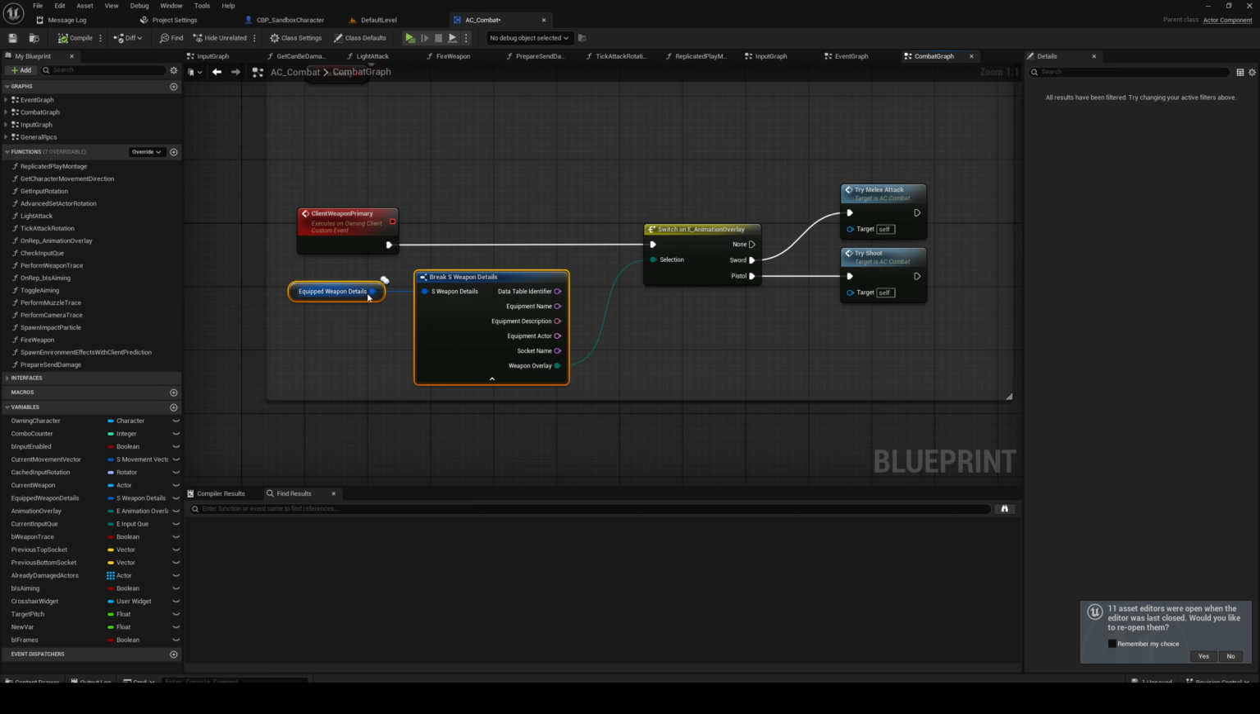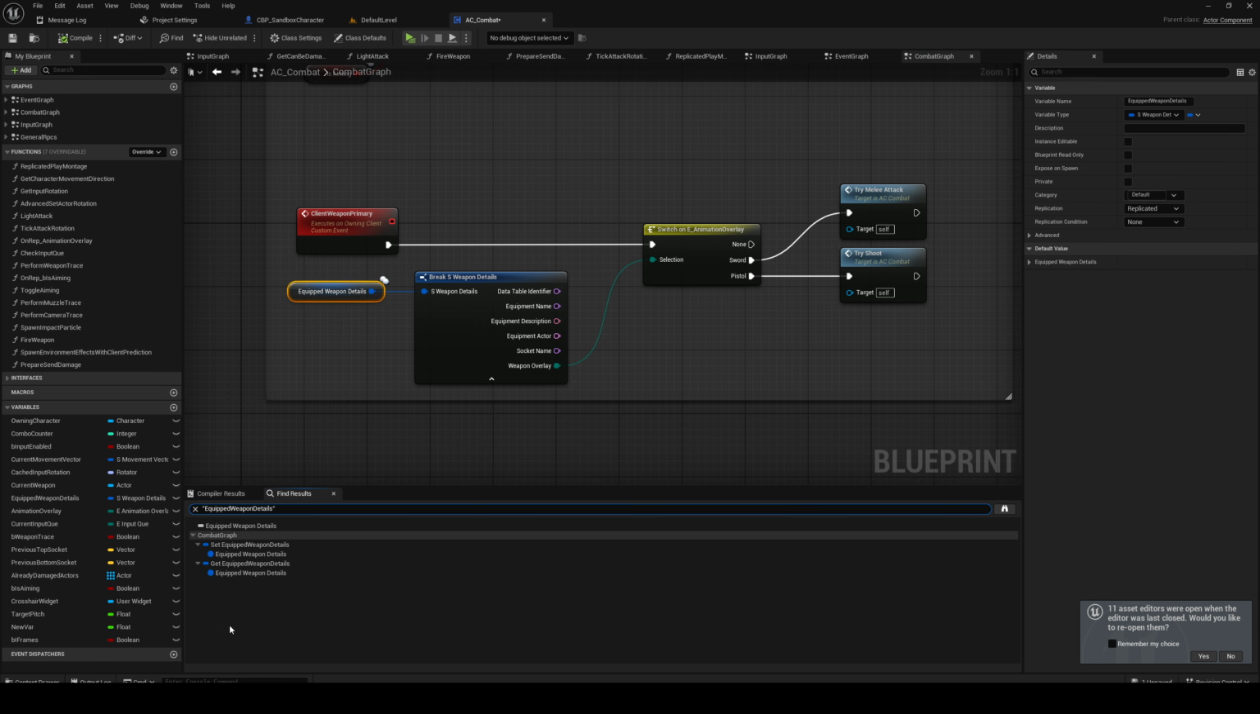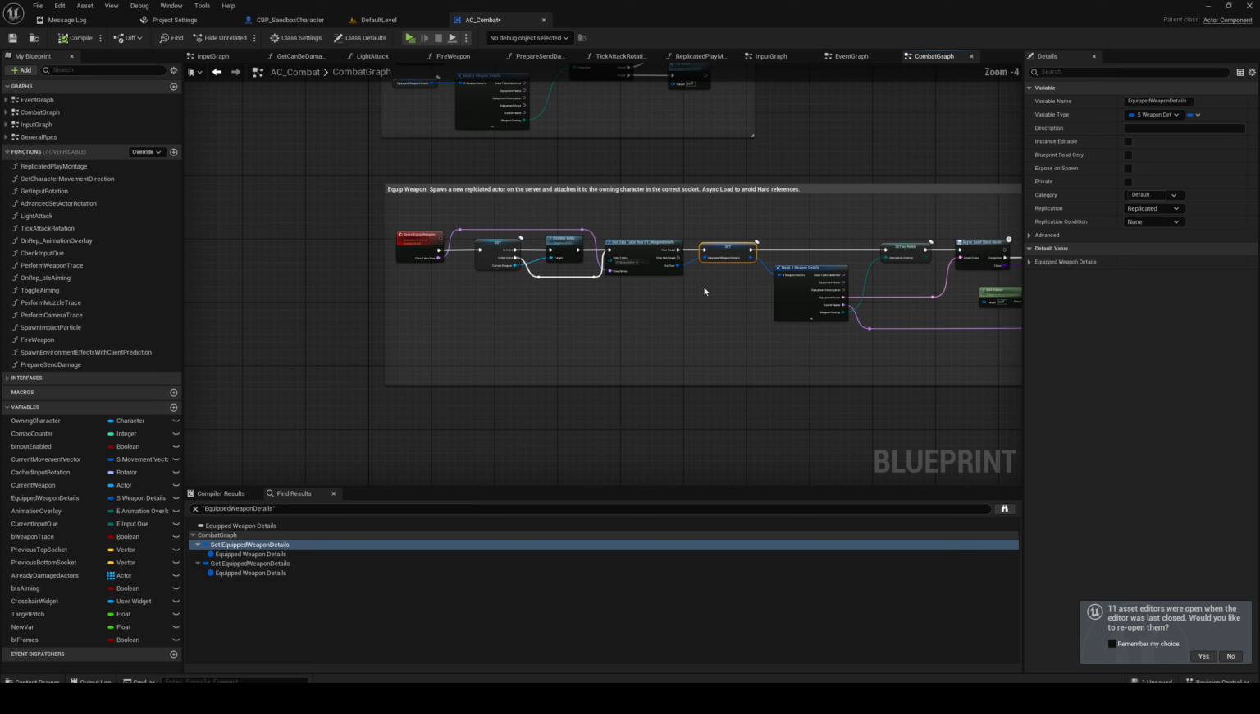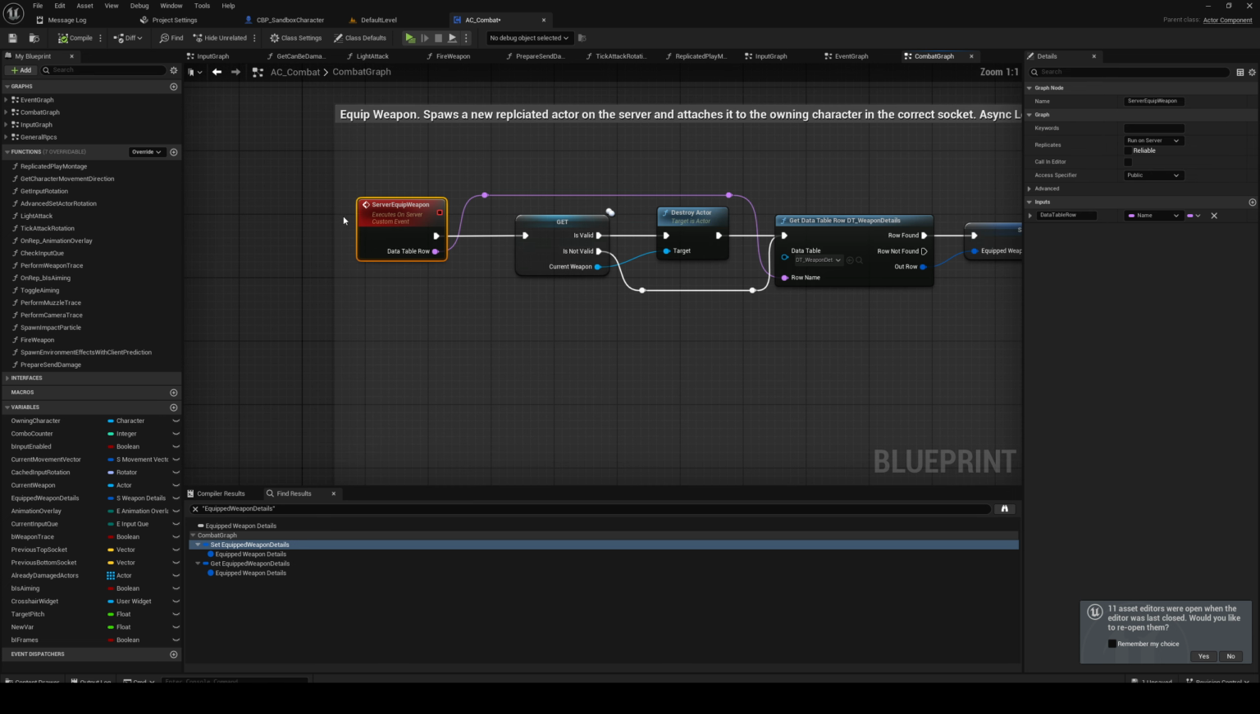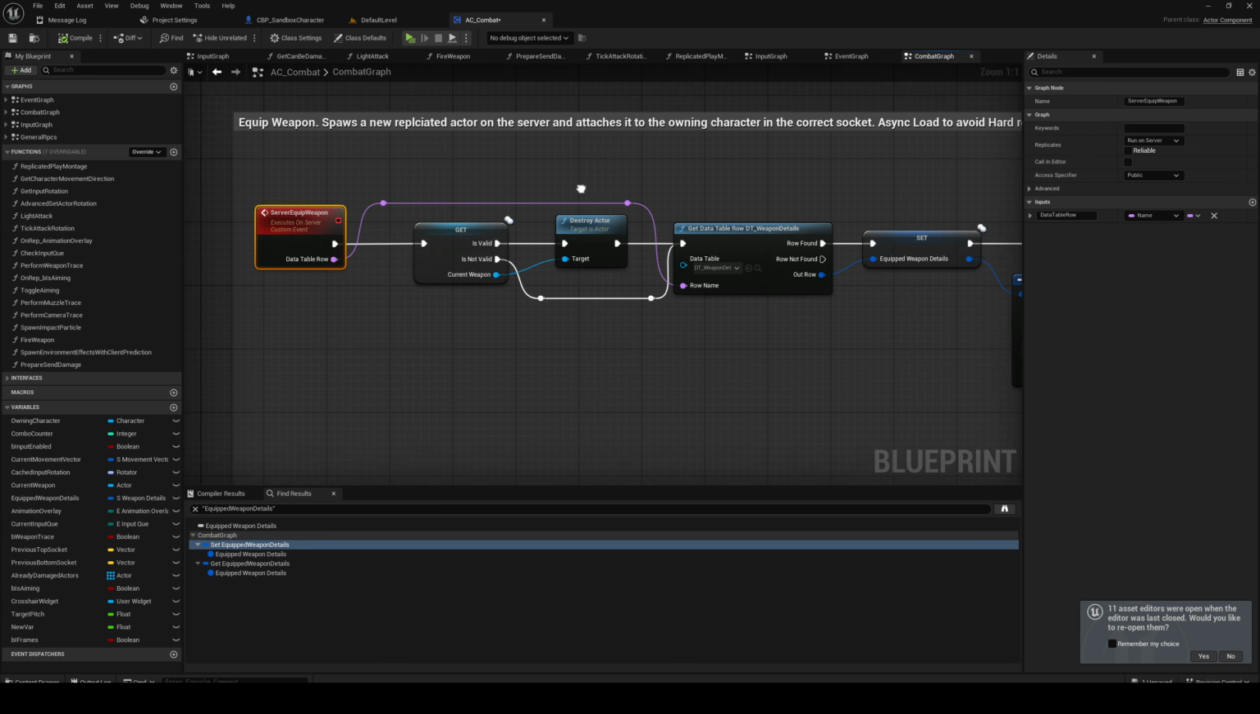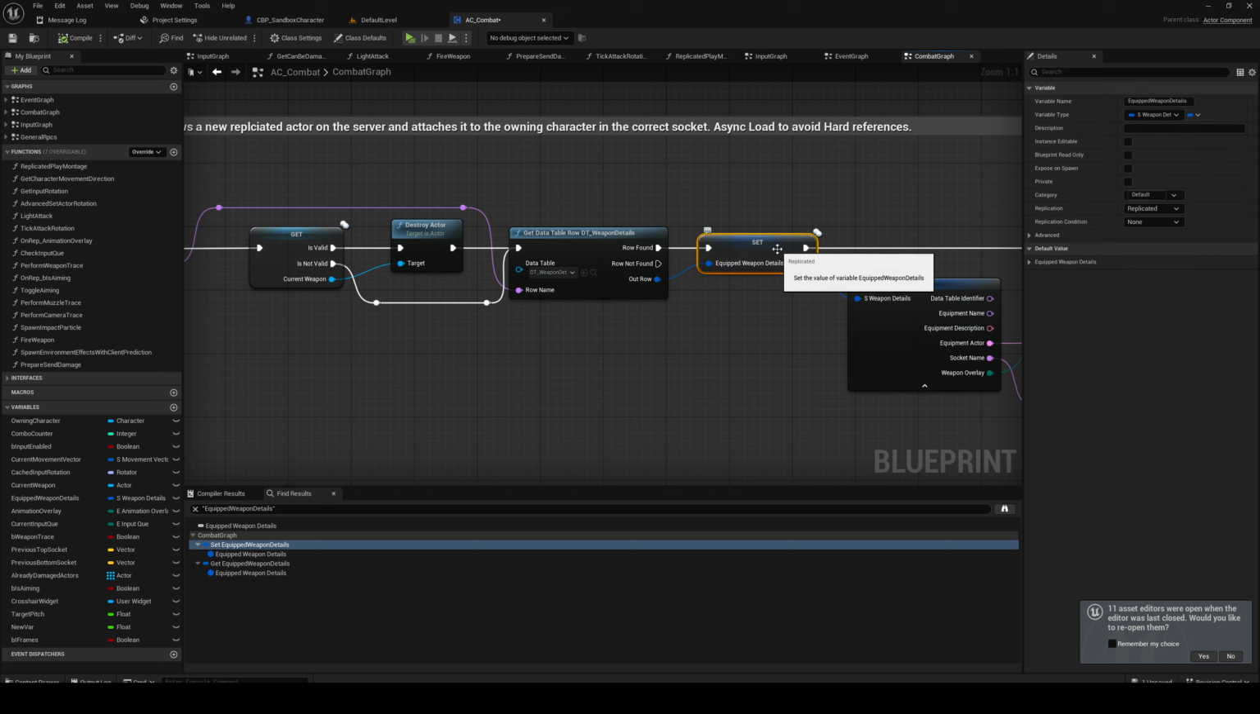But anyway, we know there's an issue with this equipped weapon details, right? Because that's empty. So why is that empty? So we're gonna find where we set this variable. So we have the server equipped weapon function. This function is obviously not being set, but it is set to be replicated, and this should be set. So let's add a breakpoint here and see if we actually get here when we equip